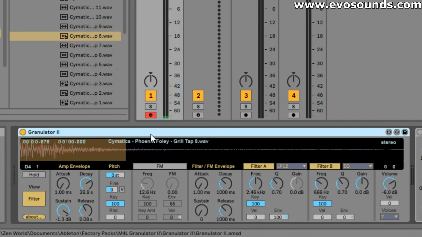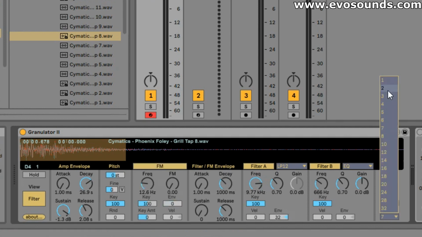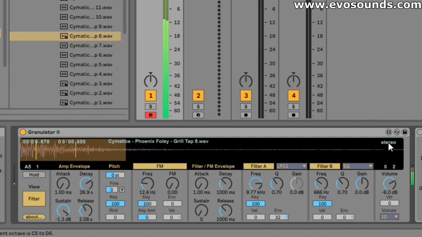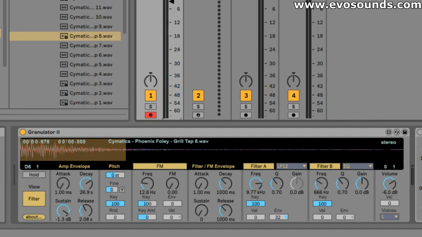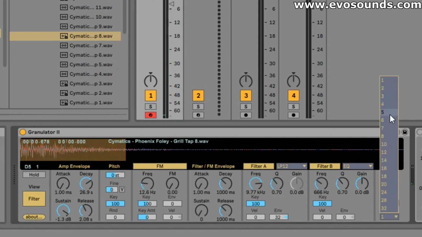Finally, guys, we are going to have access to some other parameters. In essence, we have a filter that you can control with an envelope here, which is routed right here. You're going to be able to put FM with an envelope as well here. And finally, you are going to have voices. Let's say you have a long release and you're playing notes and it sounds like a bell. You can change that by putting this to 1, so that way you don't have multiple sounds. But again, you might want to have that